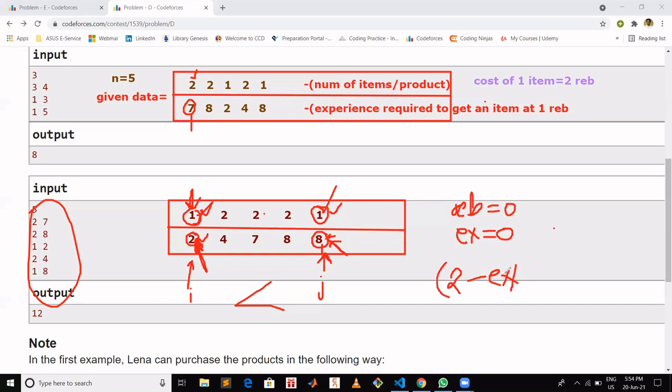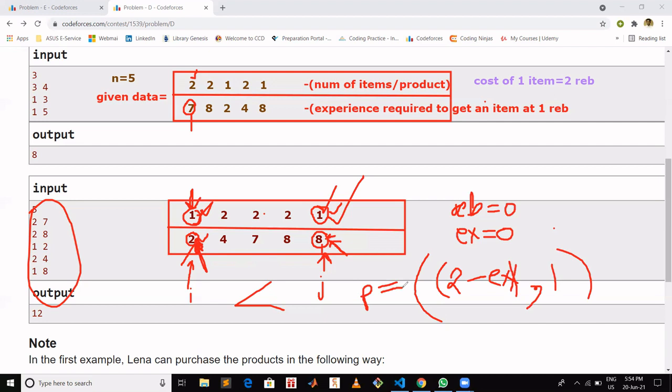So the requirement is basically experience of ith minus what experience we already have, and maybe the requirement is greater than the number of products we have. So we will take the minimum of this and the number of items for jth product. So this is the number of purchases we are going to make for jth item.